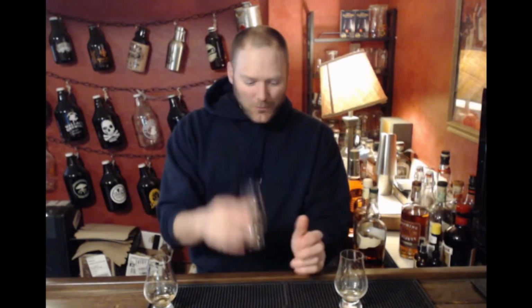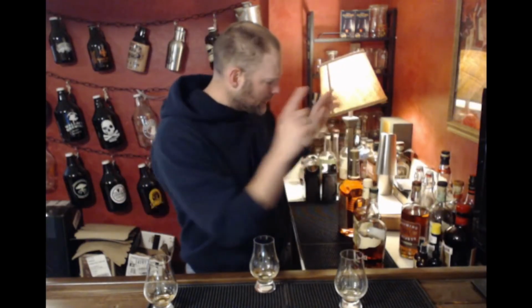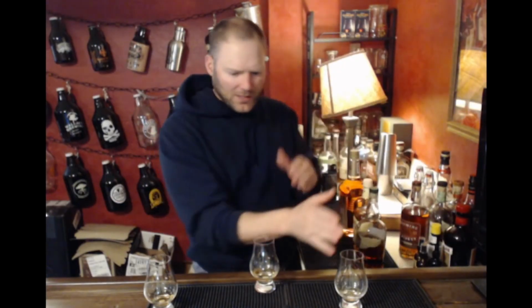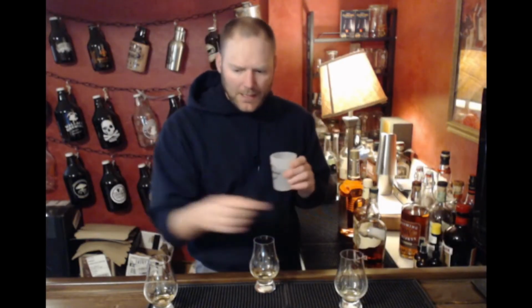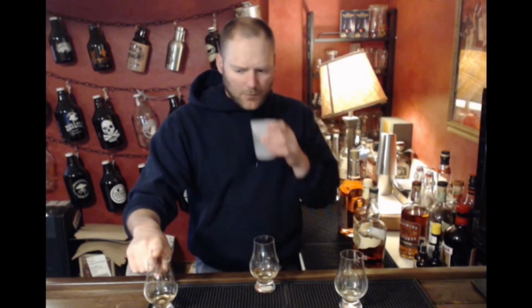So I kind of think I'm sticking with this somehow, if I'm right, which I might not be, but I think I got this in the exact same order that they were in. So Ancient Age, Buffalo Trace. Okay, we're gonna take a sip of water. We'll go back. So far, this one does have more